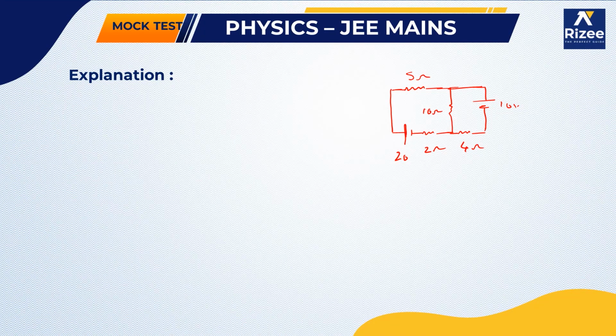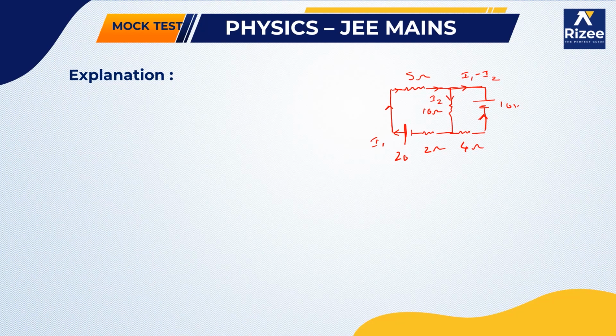Okay, so let us reduce this circuit. Let us imagine some current I1 is coming from this branch. The current I1 minus I2 is traveling here, and the current entering over here is also I1 minus I2. Here the current that is traveling is I2. So this is the setup that we have.